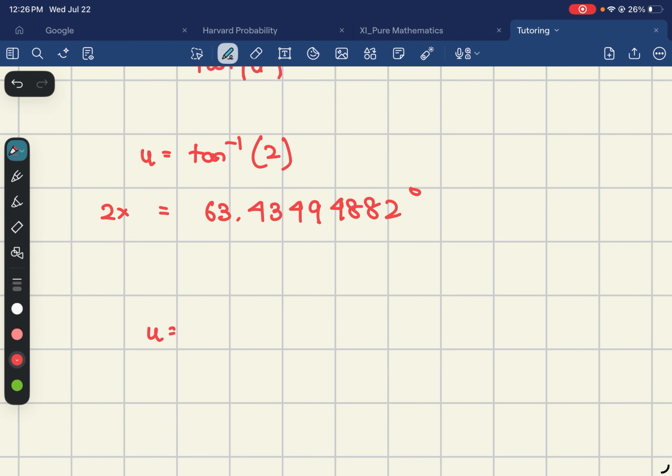And again, because the period of tan is just pi, to get your other angle, you take your value, 63.43, and remember, we were working with u, so we use u throughout, 63.4349482 degrees plus pi. Pi is just 180 degrees. So 180 plus an acute angle will take you to the third quadrant where tan is positive. So 2x, which is u, is going to be